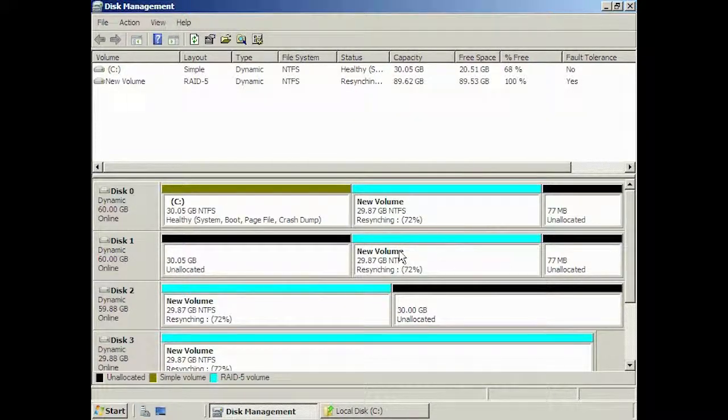That's it for disk management. You will find that once you start using disk management, it is both powerful and